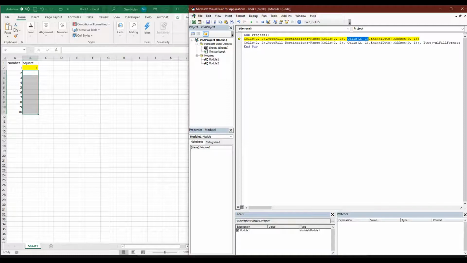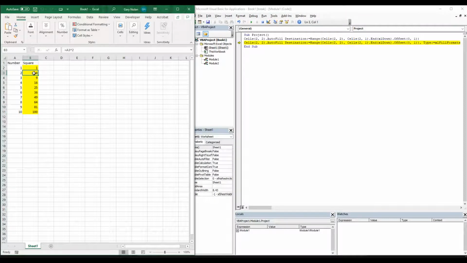We have to give it a reference to know where that end is going to be. So that's what we're doing. We're saying go to this cell and then go to the end all the way down, which is here, and then offset down 0 to the right 1. All right? And so when we hit F8, you can see it filled in my formula,